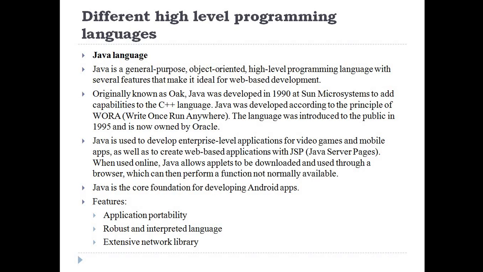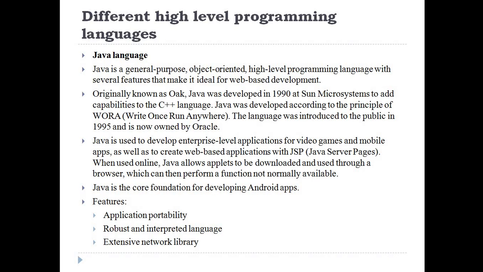It was developed in 1990 at Sun Microsystems to add capabilities to C++. Java was developed according to the principle of WORA, write once, run anywhere. Means whatever code we write on one machine, we can execute it anywhere where a JVM is available. It was introduced to the public in 1995 and is now owned by Oracle.